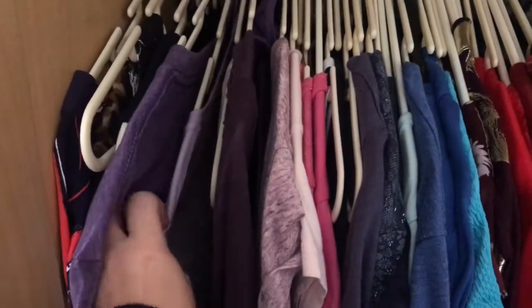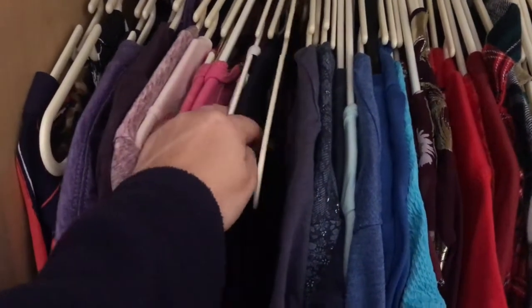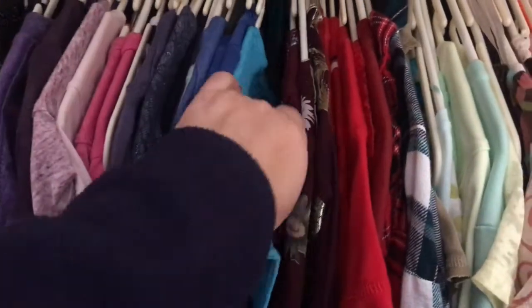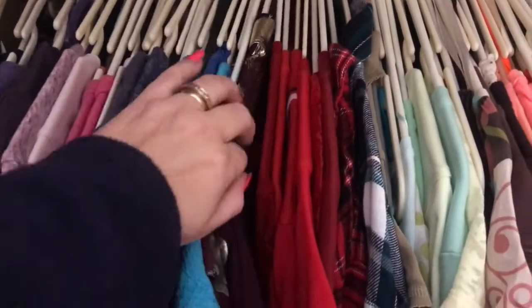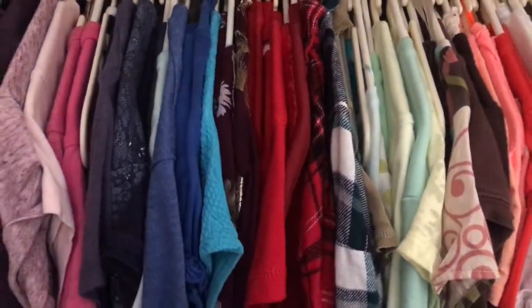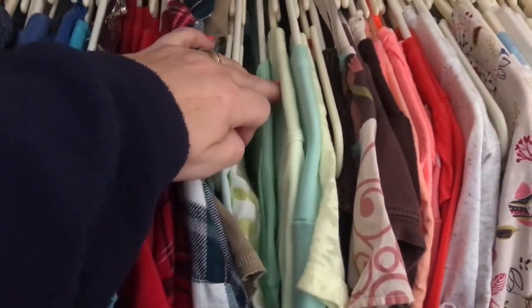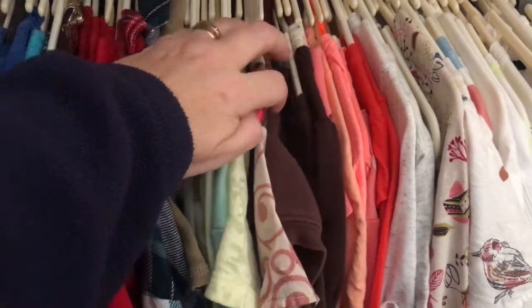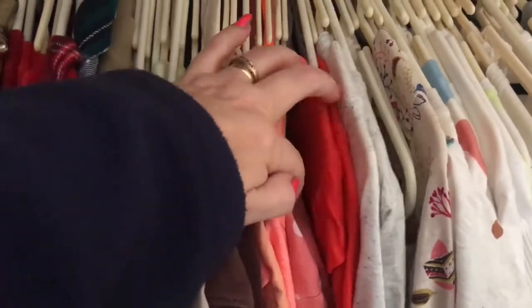Then I've got lilac and purple. Then I go into the pinks, deep pink, then navies and blues, and I got some light blue there as well. This is like a maroony colour. That's the one I had for the wedding. Red, and you see I'm gone into my long sleeved as well. Then it's greens, and I've got like a minty green, and I've got a lime green there. Then I've gone into browns, which is there, peach, orange,